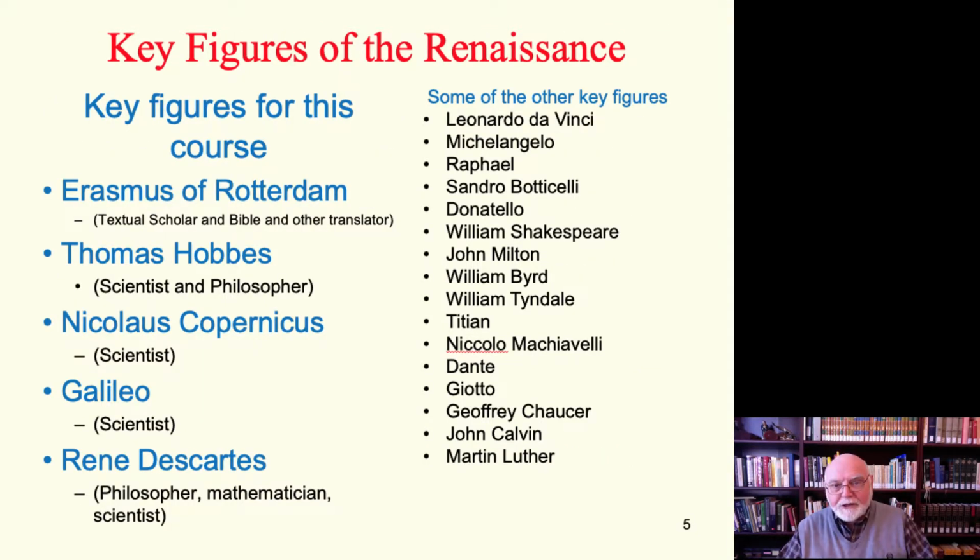Just for interest, here are some key figures. The ones on the left-hand side of your screen: Erasmus, Hobbes, Copernicus, Galileo, Descartes. These are people we'll look at and we're interested in. I've got some notes under who they are and what they did. You can see each of them has a contribution. But on the right-hand side, you get some idea of the wide expanse of people who were involved in the Renaissance. There were people of letters and learning and having impact in a wide variety of sciences and arts. There was a real explosion of people knowing and looking at the world and thinking about what's going on in the world.